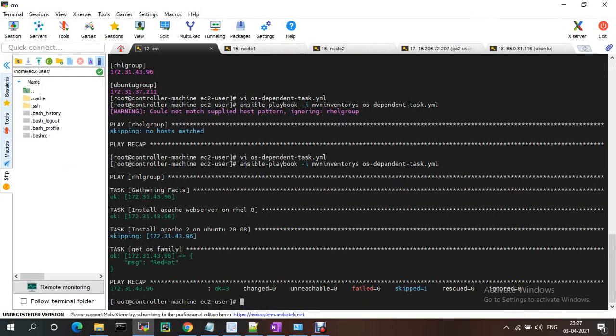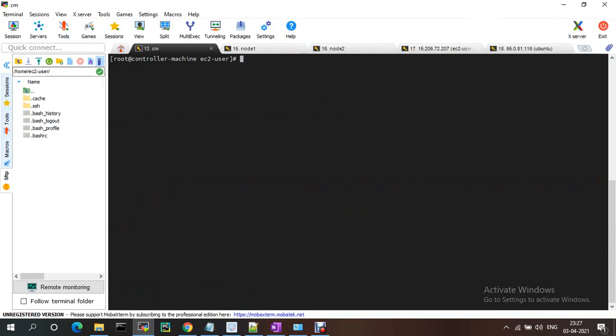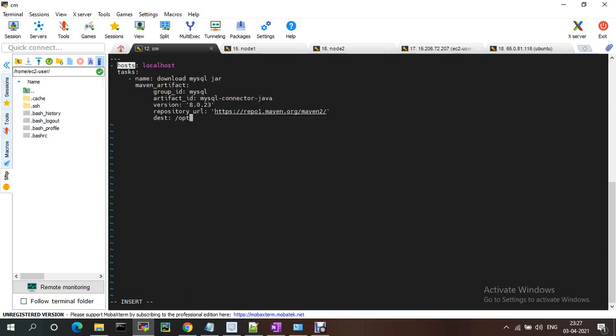Suppose I just need to install on the local machine. So jar download.yml, just pasting here. Hosts is localhost, localhost means the current machine only, and downloaded the MySQL jar file.